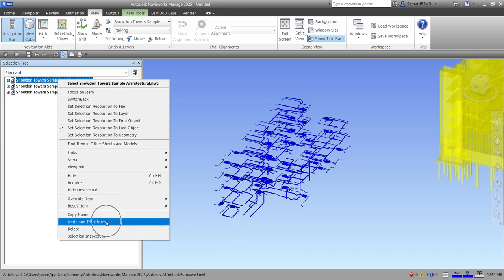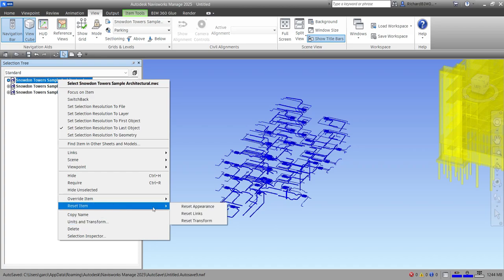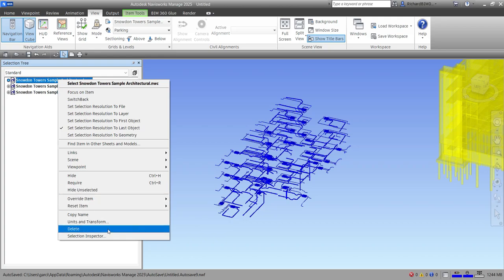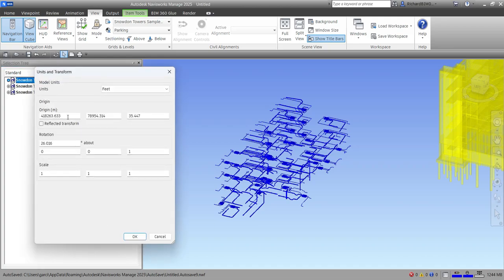units and transform. By the way, you can always reset. Okay? If you mess up, you can always reset. Okay, but I'm not going to do that. So let us use units and transform. So let's select units and transform. Okay, and then you key in the value here. Okay, so the value on that one is